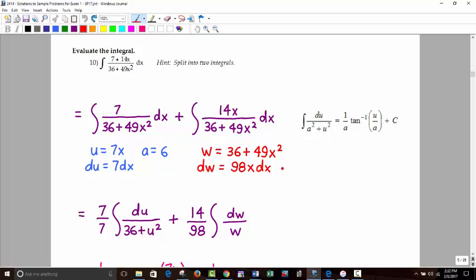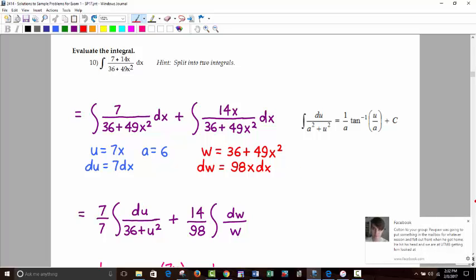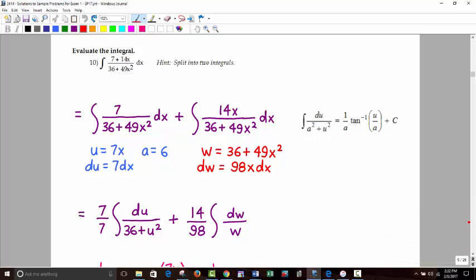In other words, this guy just changed the variable over to w just to have a different letter, but it's okay if a student uses u both times. So I guess my point being is the 49x squared, adding the 36 to it, still gives you the dw here of 98x dx. So therefore that means you want to have that in there with it. That needs to be included. So you have 98x,